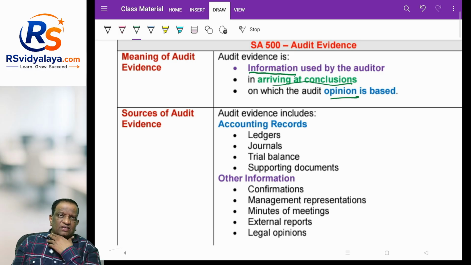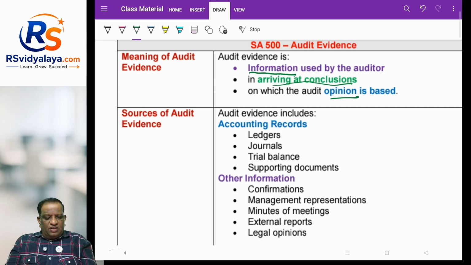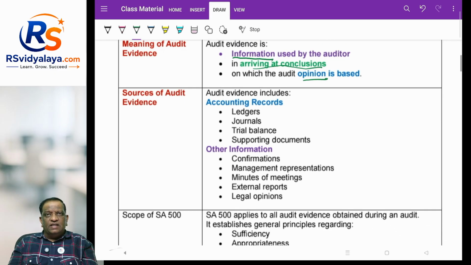Can we say that the audit evidence obtained by the auditor will originate only from accounting records, because that is what we start with and what we end with? That is where this standard highlights that audit evidence doesn't come only from accounting records,